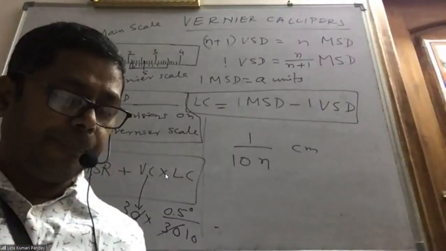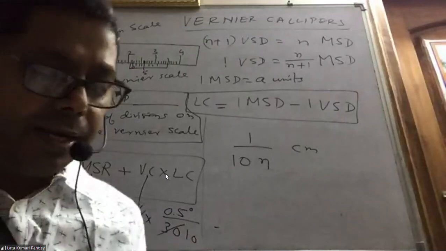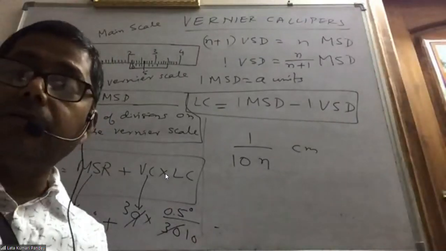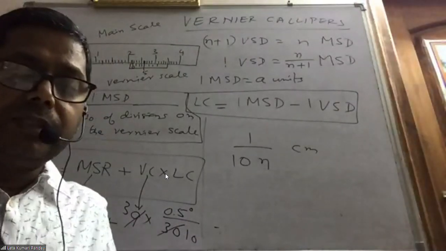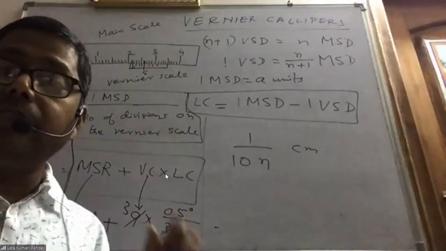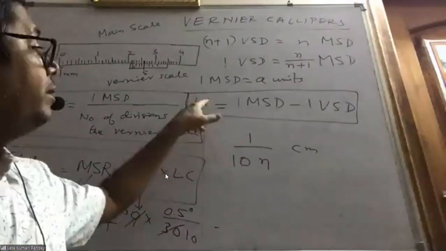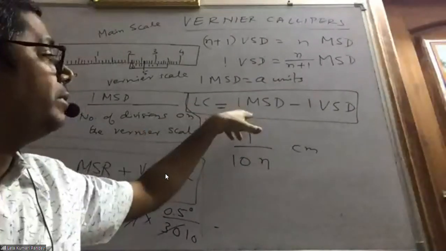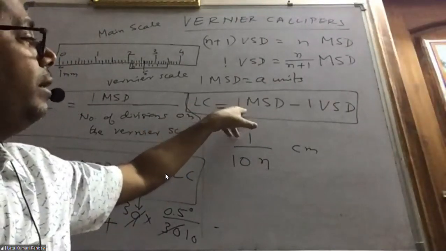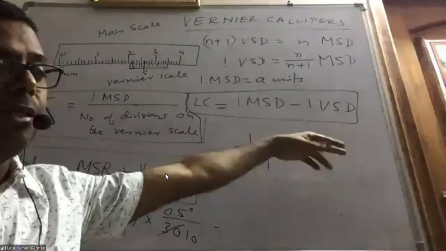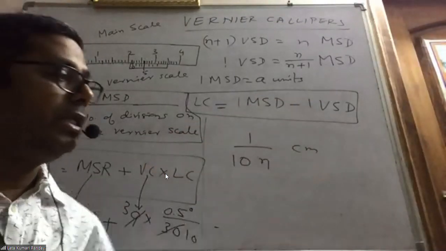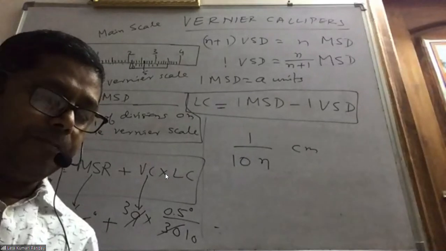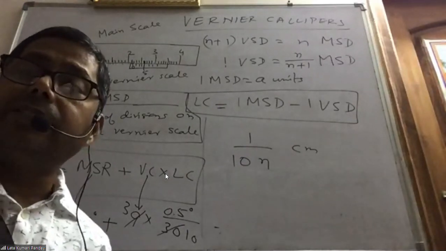Okay? Now always we are calculating least count, but here is a problem where least count is given and you are asked to find out MSD. So in the same formula, if the least count is given, we are getting this in terms of 1 minus m by n MSD, like that we are getting. Now the question is, what is MSD? What is the value of one main scale division?